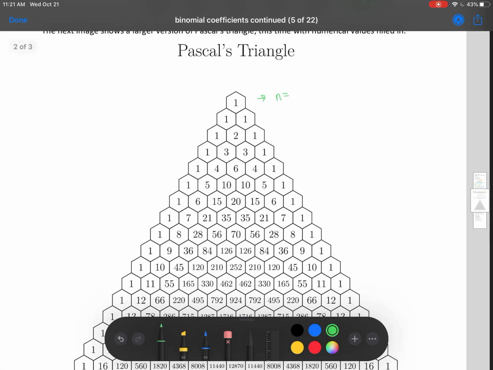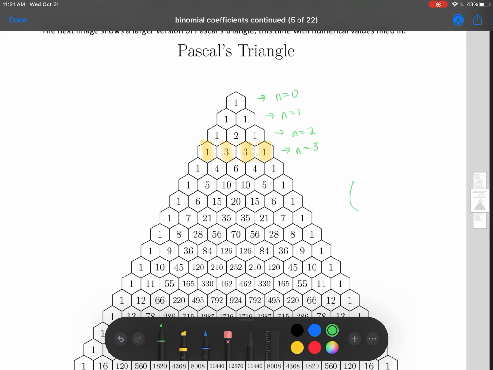So again, this is starting the row with n equals 0, n equals 1, n equals 2, etc. And then the k increases as we go from left to right. So for instance, when n equals 3, then this corresponds to k equals 0, k equals 1, k equals 2,